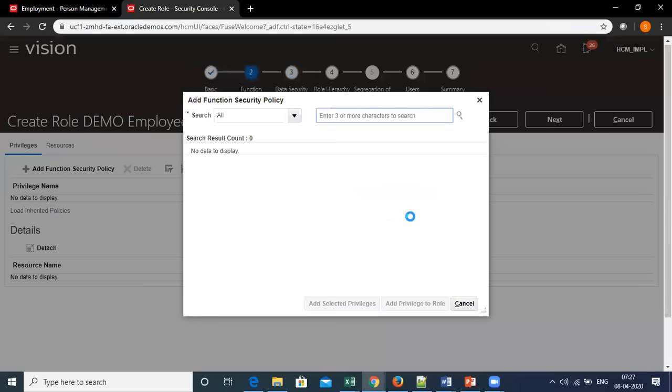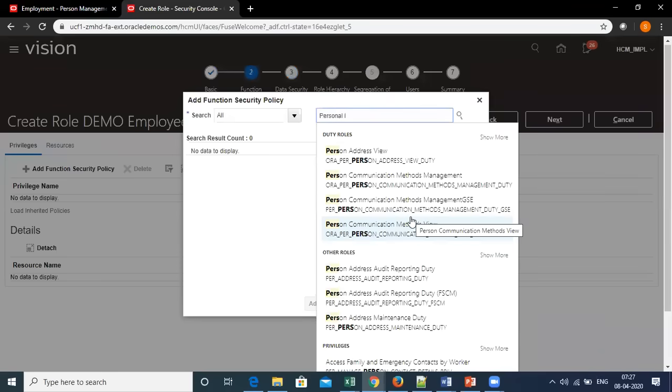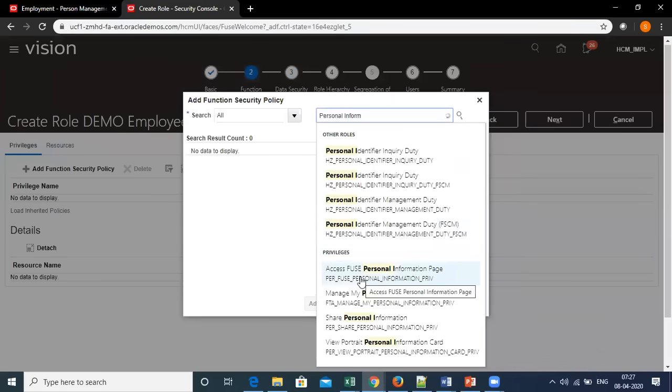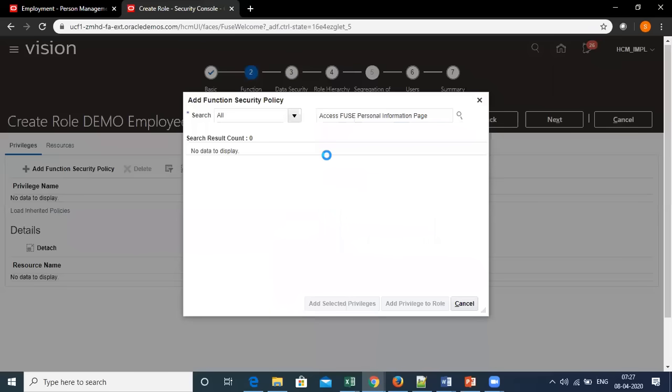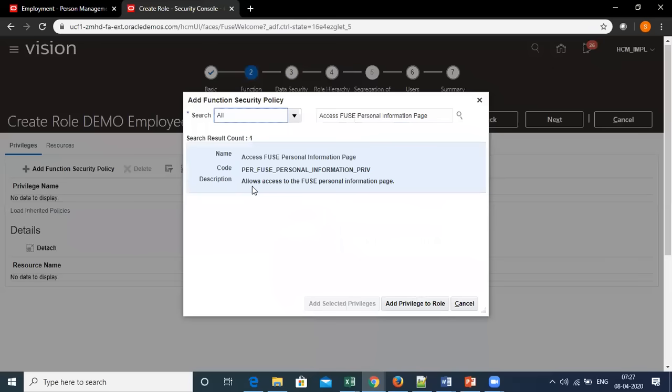I can search various policy, let's say personal access fusion personal information page. So I can select this, and as it says allows access to fusion personal information page, I can click on add privilege to role, and the role will be attached here.